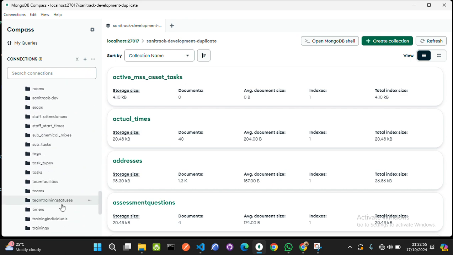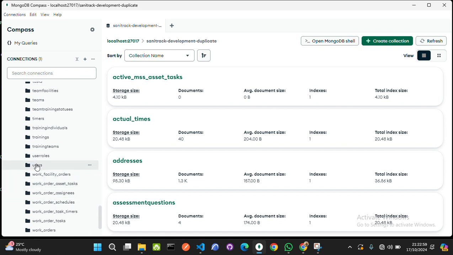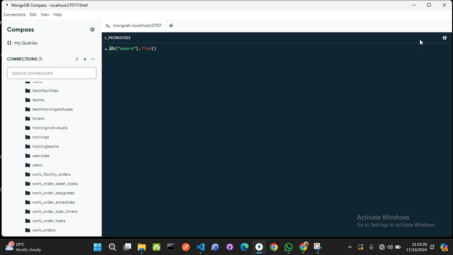As you can see, I have lots of documents, a lot of schema documents, but I'll just be focusing on one, which is the users. As you can see, I have over 300 user documents. So I'll be querying these collections for single users. I'll click on that, and now